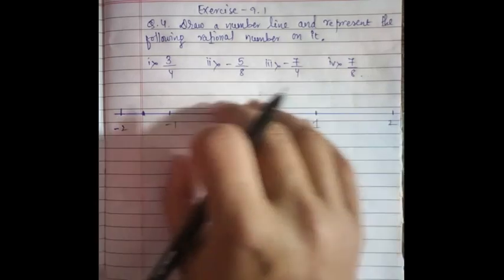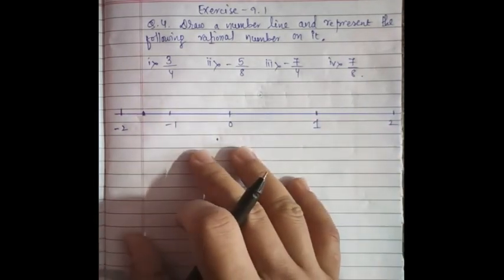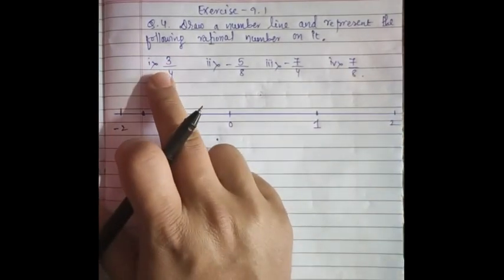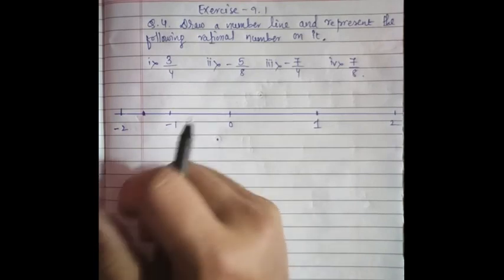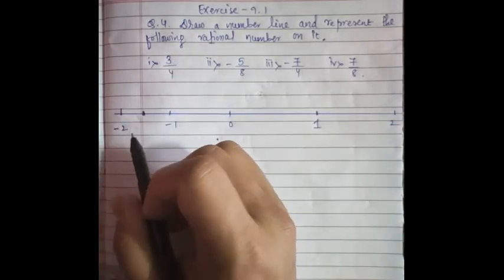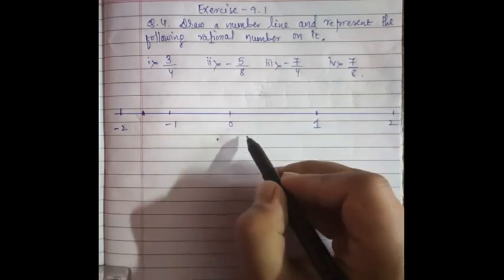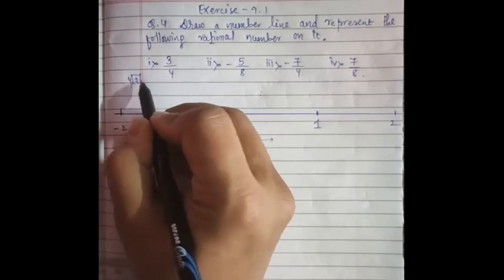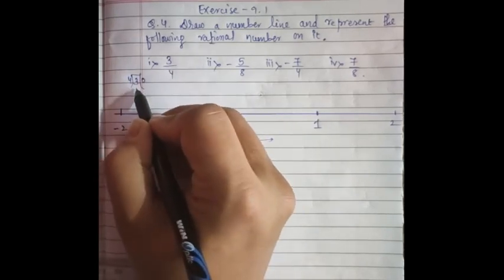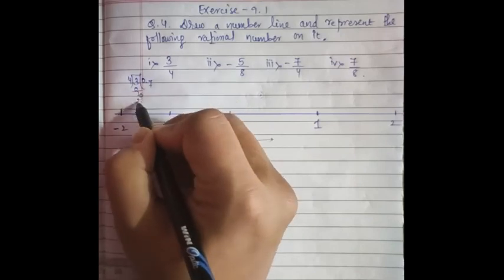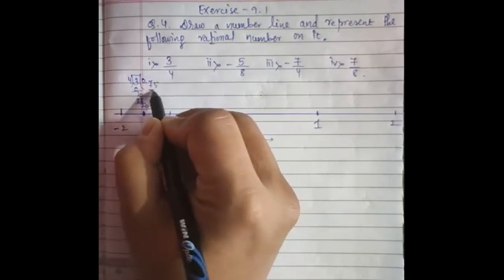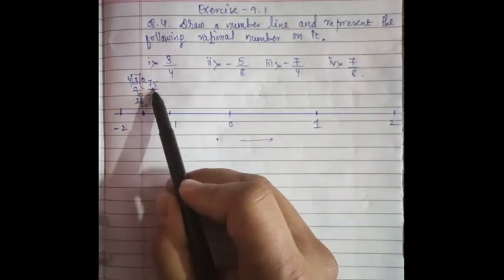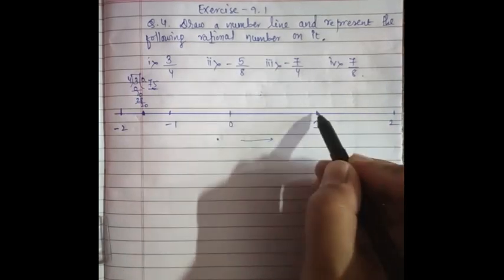So this is your number line, and in this number line you have to represent the rational number given in the question, okay. So the first rational number is 3 by 4. So 3 by 4 here is a positive number, so we will move toward this side, okay. 3 by 4 means, when you divide this, what number is it? 4 7 are 28. It is 0.75. So what do you think? 0.75 should be present in between 0 to 1.